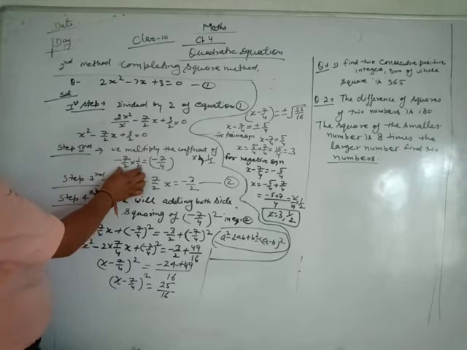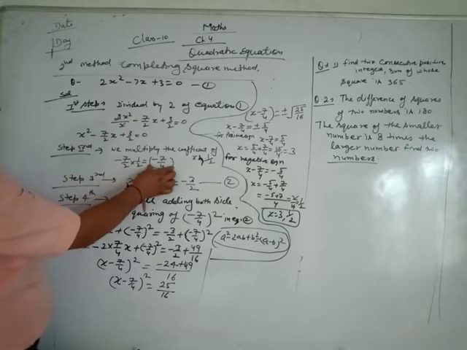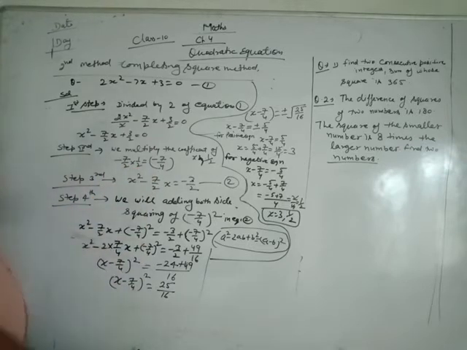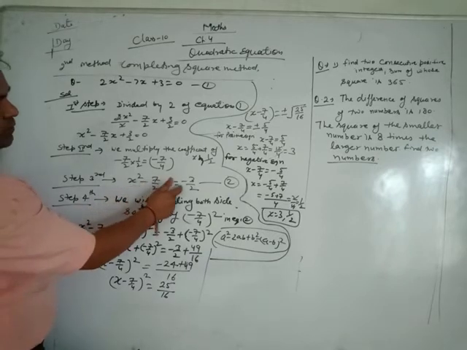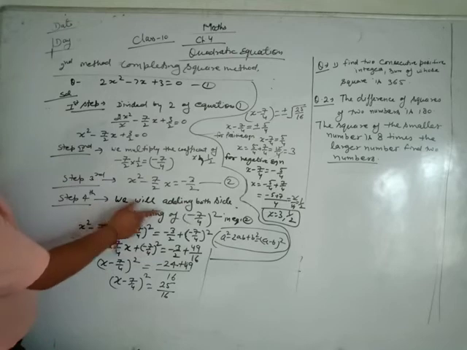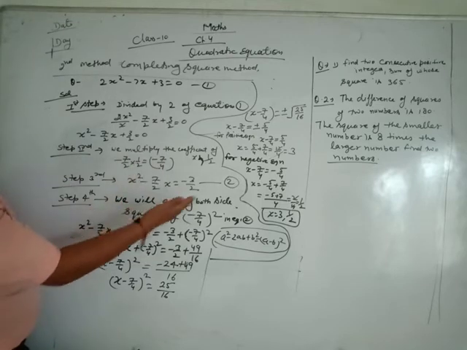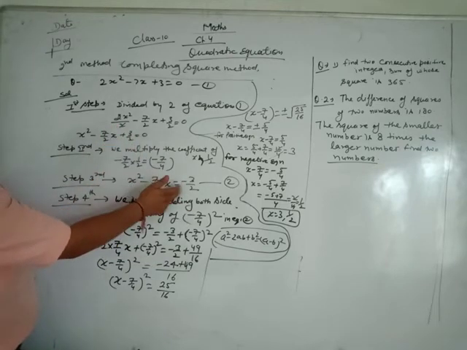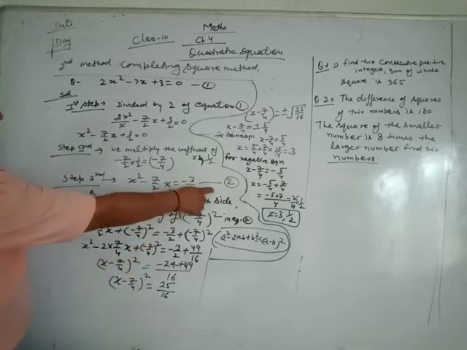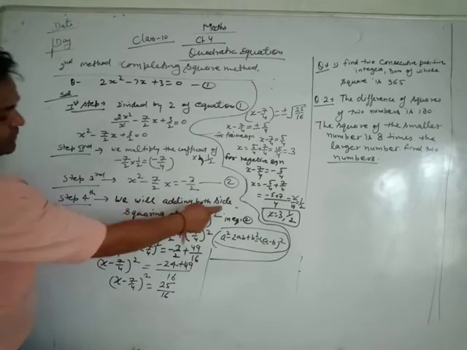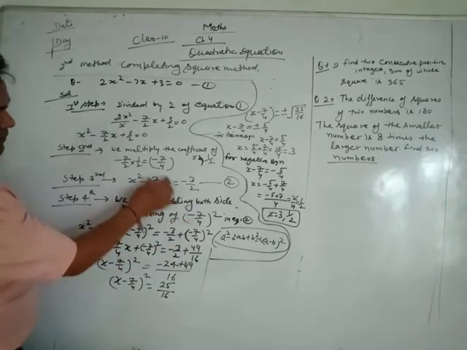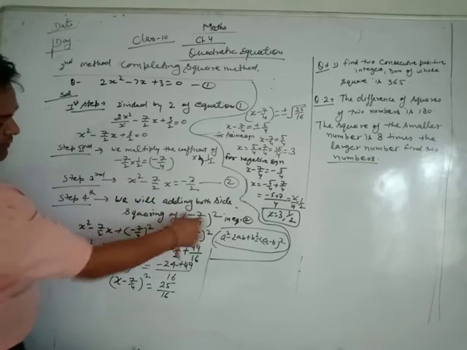So we multiply it by 1 by 2. Then we will get 7 minus 7 by 4. Again here x square minus 7 by 2 x equal to minus 3 by 2. Now transpose of constant terms, that is called equation second.